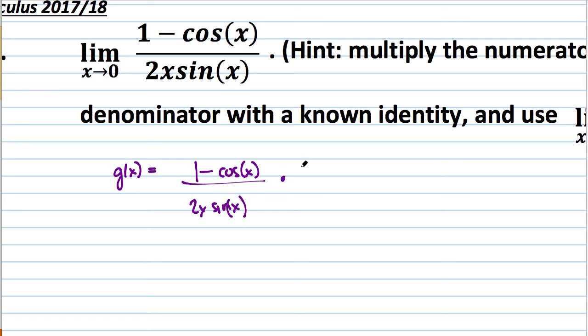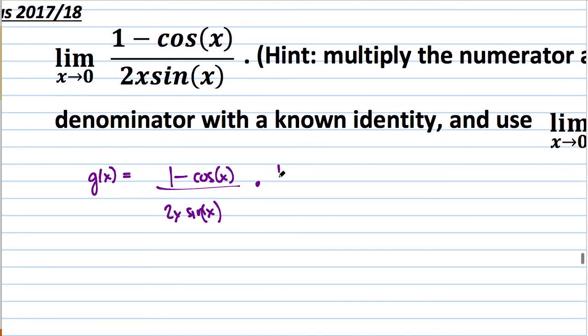I'm going to multiply both numerator and denominator by 1 plus cosine x. This is kind of similar to when you were rationalizing. When I do that, in the numerator I get 1 minus cosine squared x. And in the denominator I have